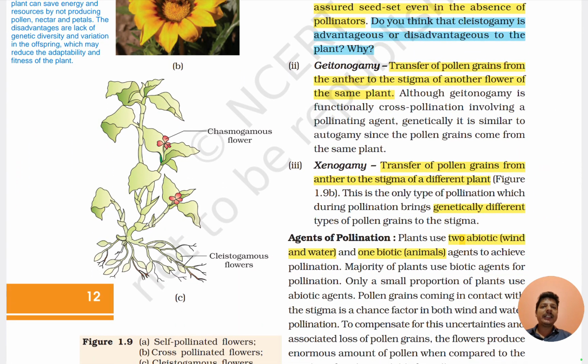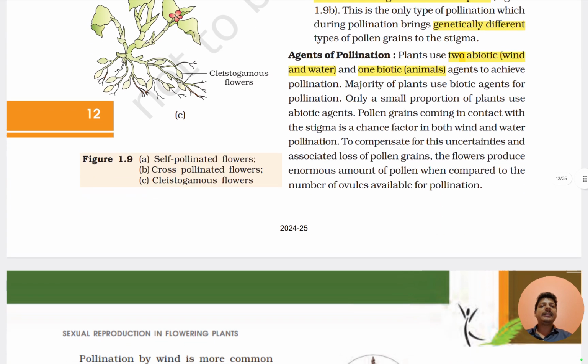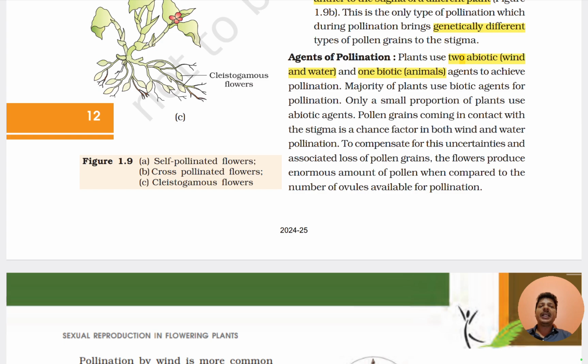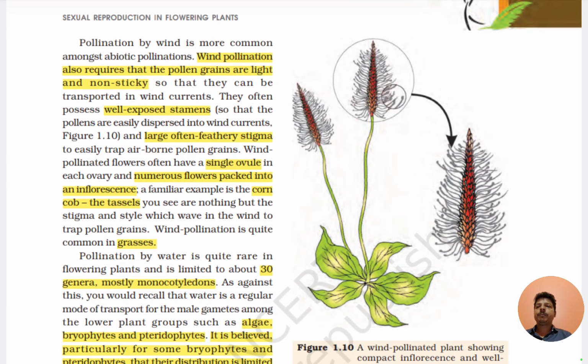Geitonogamy is transfer of pollen grains from the anther to the stigma of another flower of the same plant. That is geitonogamy. Xenogamy is the transfer of pollen grains from the anther to the stigma of a different plant. Coming to agents, two abiotic, wind and water, and one biotic, animals, are present. Coming to